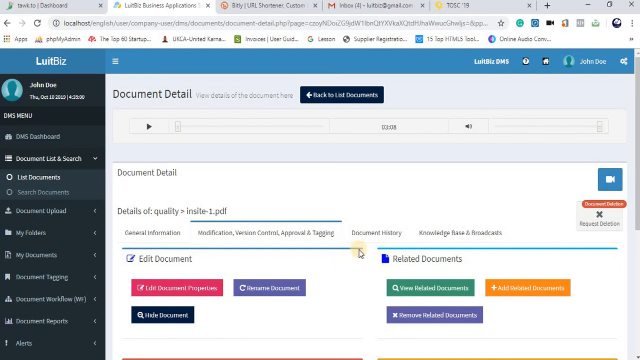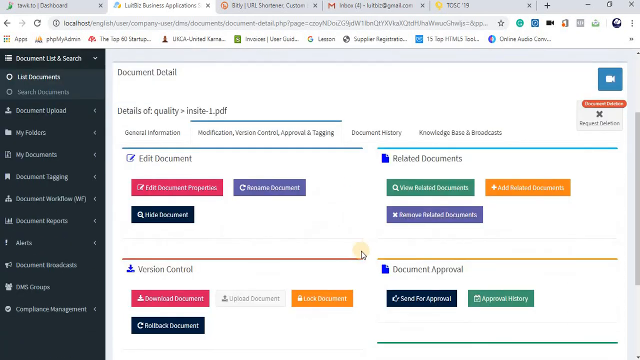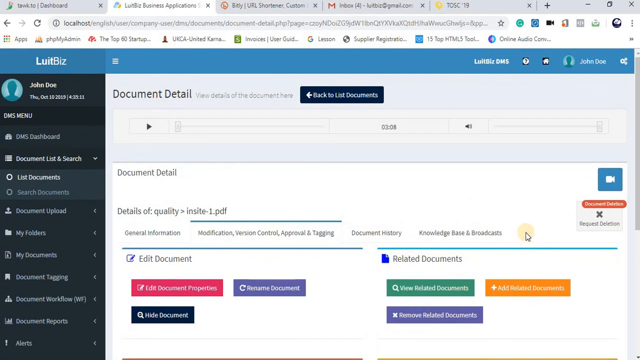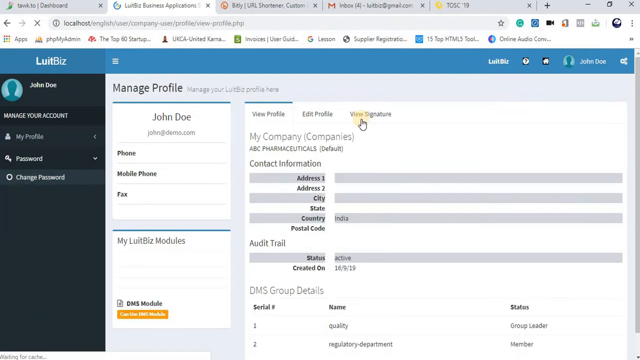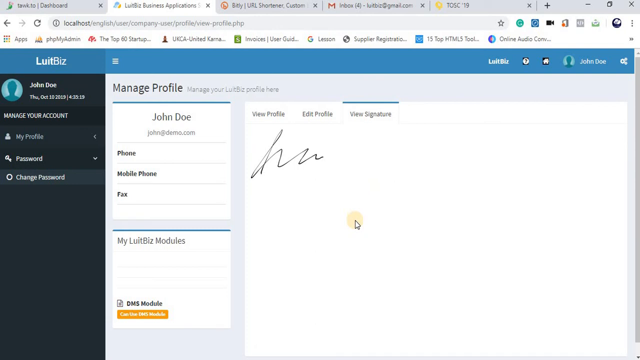The last thing in accordance with 21 CFR Part 11 compliance is electronic signature. This system can be used for document approvals, and whenever a document goes for approval, the users can actually upload their own electronic signature. For example, this user has uploaded his electronic signature, which looks something like this. So if any document comes for his approval, he can